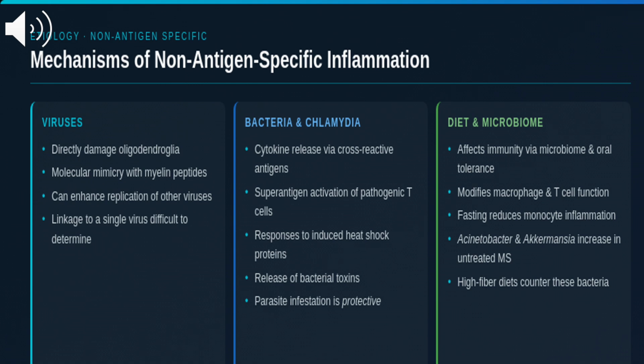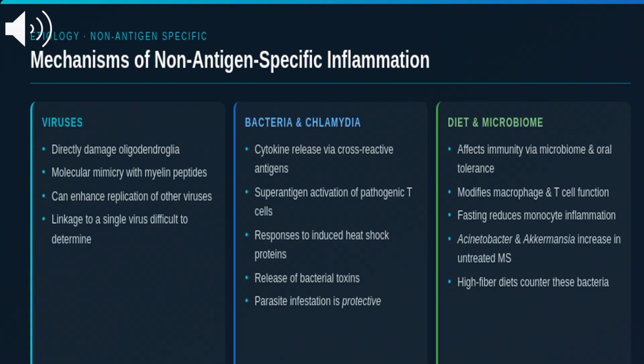Critically, two bacteria, Acinetobacter and Akkermansia, increase in untreated MS and, when transplanted into germ-free mice, actually worsen EAE. The fact that these are countered by high-fiber diets and IFN-B therapy opens the door to dietary interventions as genuine therapeutic adjuncts. The bottom of this slide shows the cascade from inciting event to plaque formation, a sequence we'll revisit